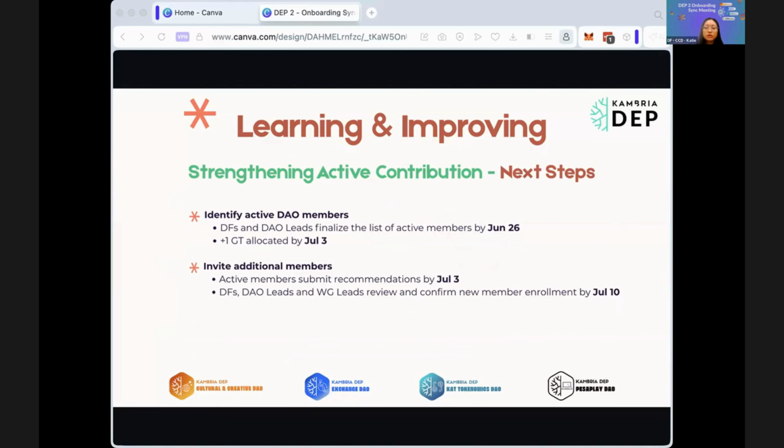DF, DAO lead, and working group lead will review and confirm enrollment by July 10. Third, each DAO should review the readiness of its working group leadership and decide rotation if necessary. The overall goal is simple: increase the influence of active contributors and strengthen execution capacity across all DAOs.